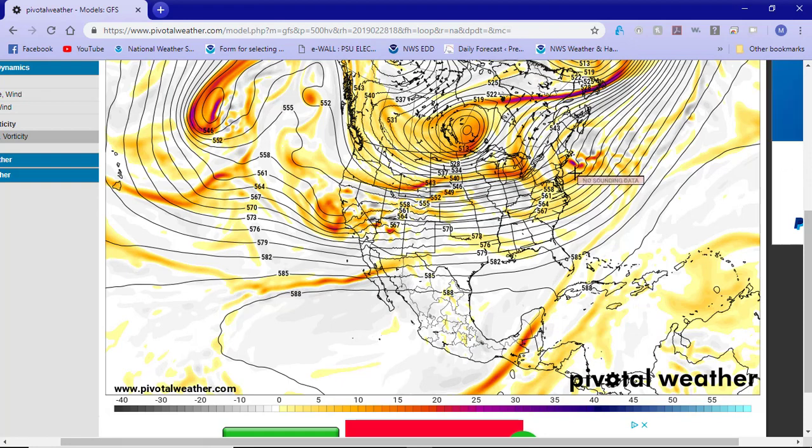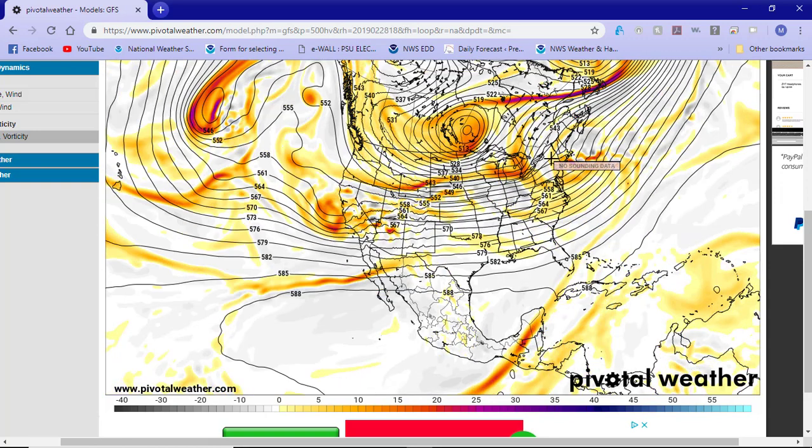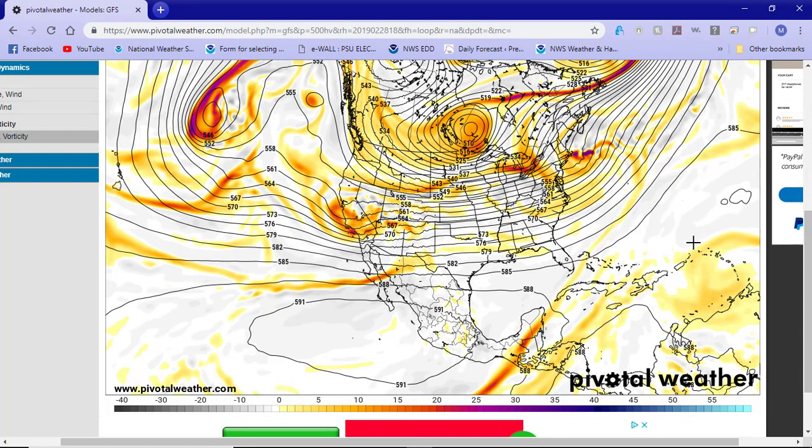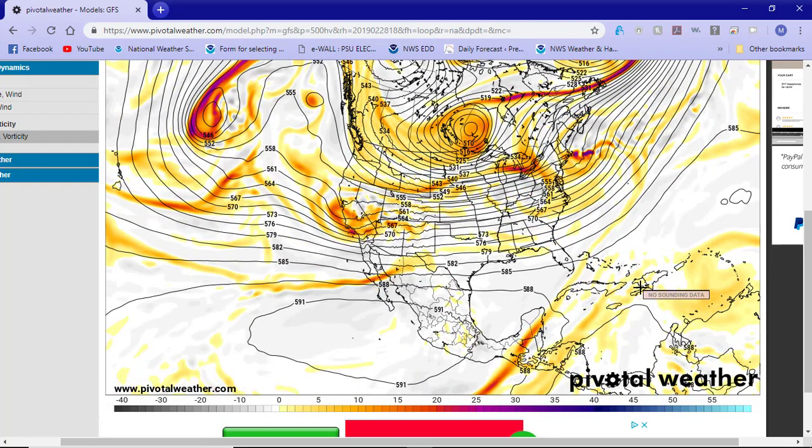Now this is only in the next couple of days. After that, okay, here's that piece of energy that moves on through, right? But I don't think this is necessarily going to be anything because look, see how these two waves of energy, this one back by the Great Lakes and this one that we've been talking about for the last couple minutes, as the one that's closest to us moves just south of New England and goes up into the Canadian Maritimes,